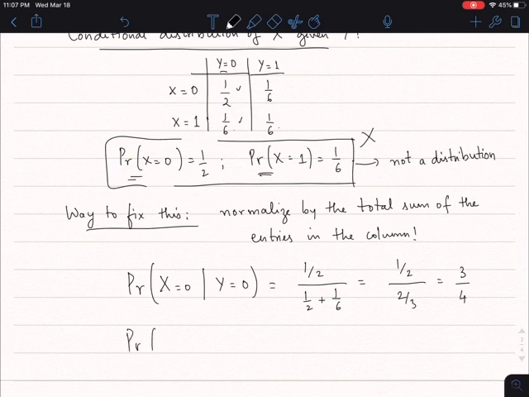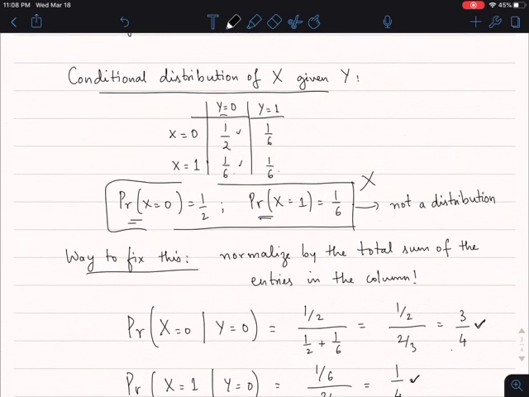And the probability that x equals 1 conditioned on y equals 0 is 1/6 divided by the same half plus 1/6, which is 2/3, and this turns out to be 1/4. Note that you didn't really have to do the second calculation, because you knew that the first one was 3/4, so the second had to be 1/4 because the two of them add up to 1. So this is how you would define the conditional distribution of x given y in the case of discrete random